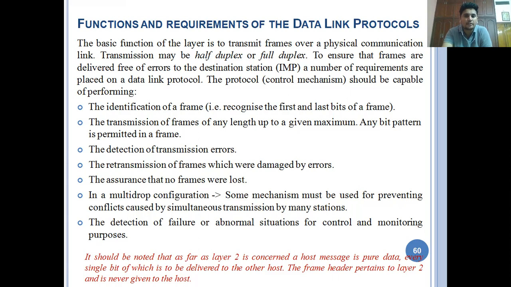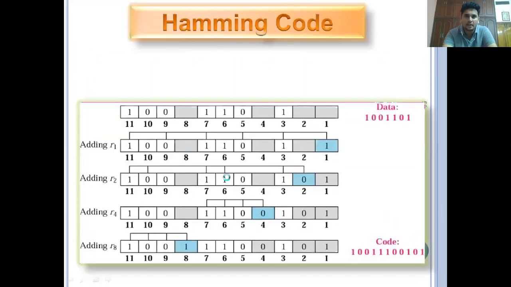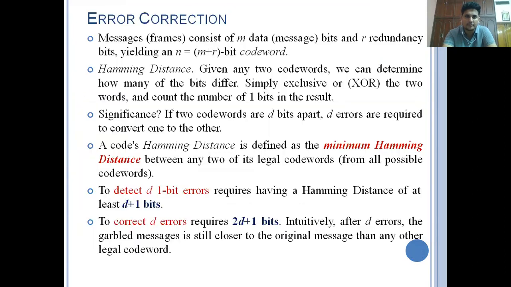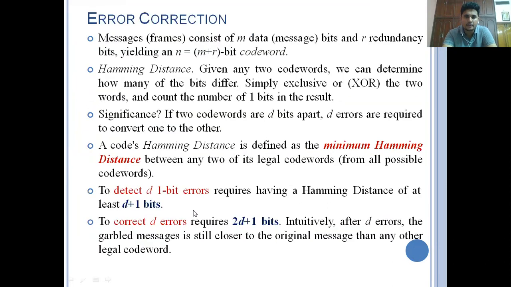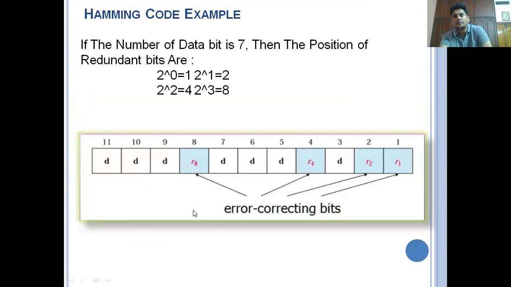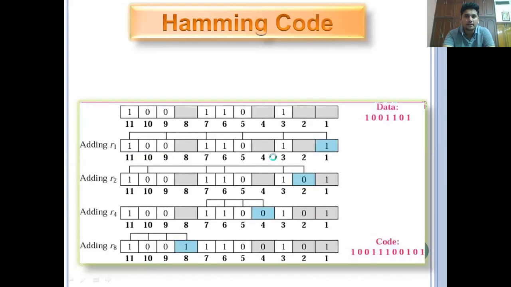So with this, we are handling the Hamming code technique. Go through the material for a better understanding of the Hamming code examples. How can we apply the Hamming code? That is what we will discuss here. These are some of the techniques of error correction: retransmission and forward error correction. In forward error correction, the Hamming code is used. We add some Hamming bits, redundancy bits, to the original data. Where we add the redundancy bits depends on the scenario, and how we calculate the errors is in this manner.